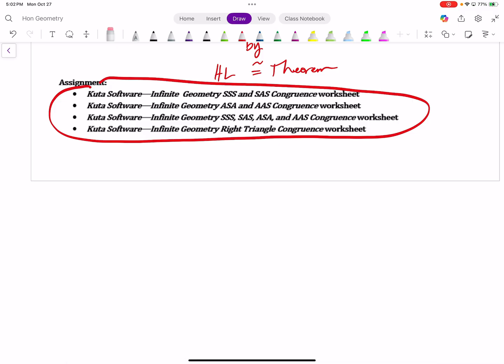But yeah, you're going to work all these worksheets. You're going to check them, and then hopefully tomorrow you're going to be good to go. Let's turn this